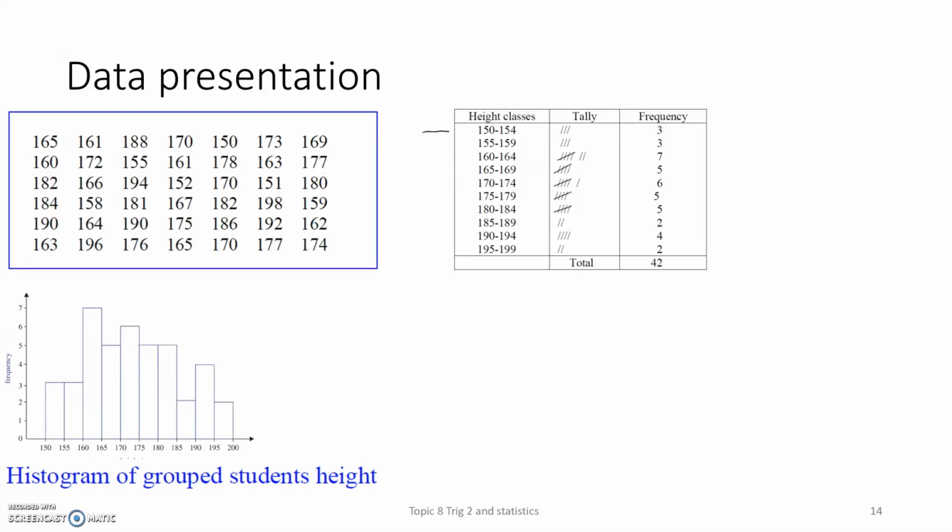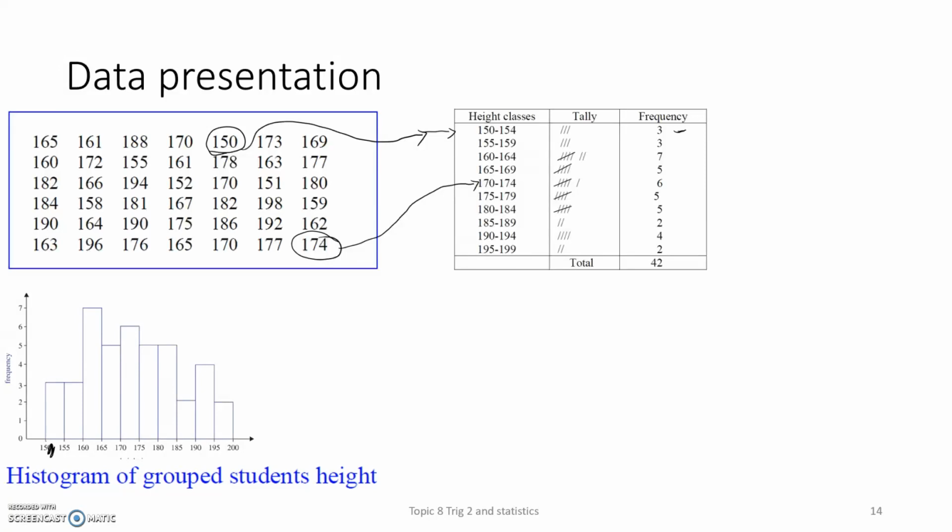Classed them, we've grouped them. So we're not looking at individual readings. We're saying, well, here's a reading, 150, that fits in this group here. 174, that fits in that group there. And then once we've got the data, we'll say, well, there's 3 in the first group, so 3 in the first group there,